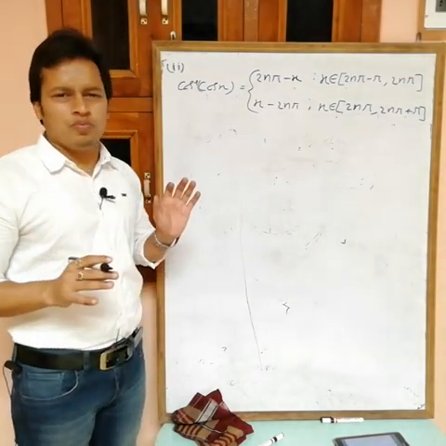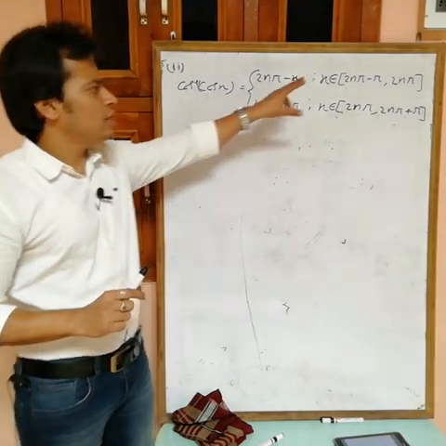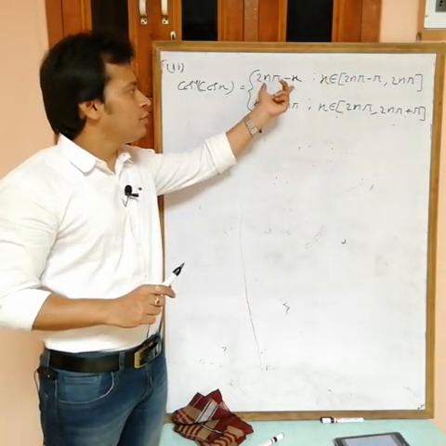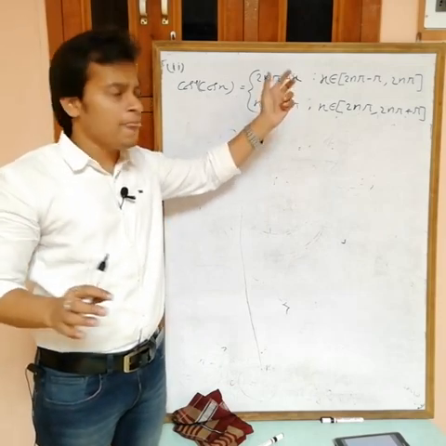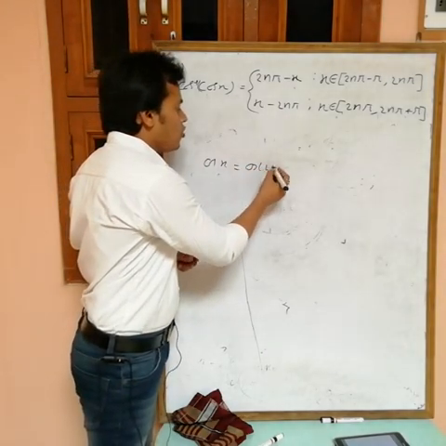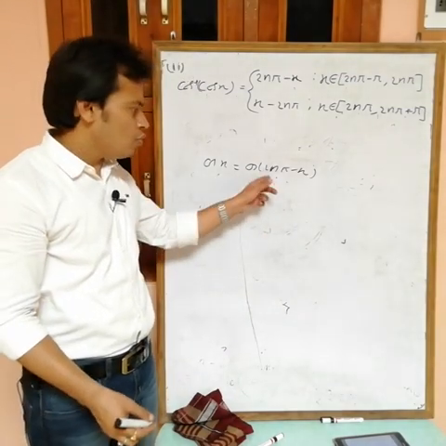Again, if you want proof of this one, then it is simple. First take this case, x belongs to this interval. Then find out whether this belongs to 0 to pi or not. You will get 0 to pi. Okay. Then write, you can write that cos x equals cos of 2n pi minus x. Obviously, both are the same.